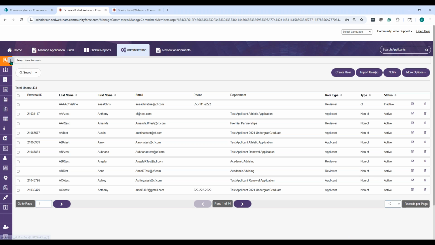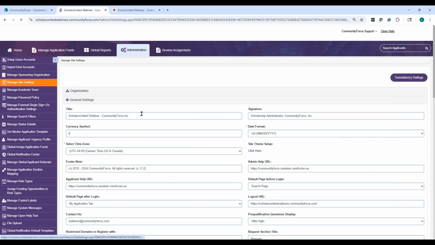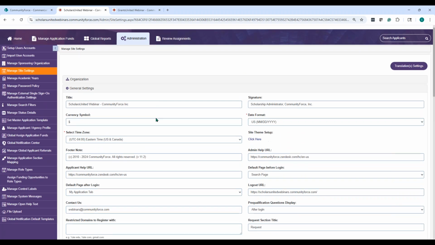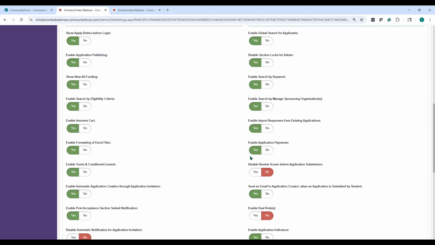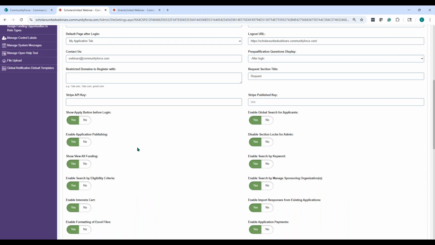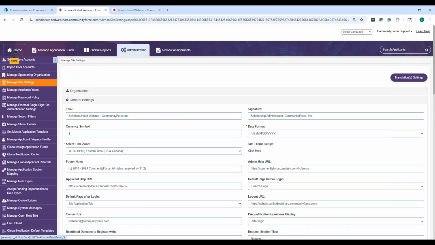So under the administration site settings, there's a site setting, and it is enable application payment. And it's just a matter of turning that to yes. And then of course, CommunityForce doing all the background programming that needs to happen to make it work. And so then once that yes is there, then when you go home,